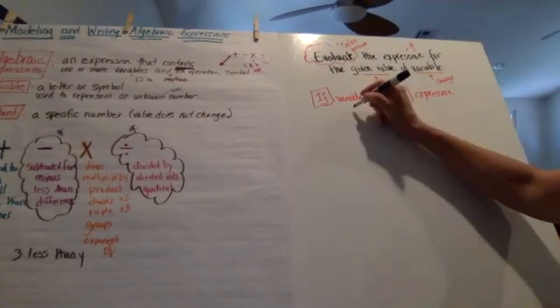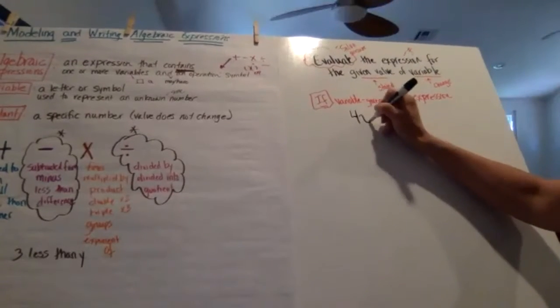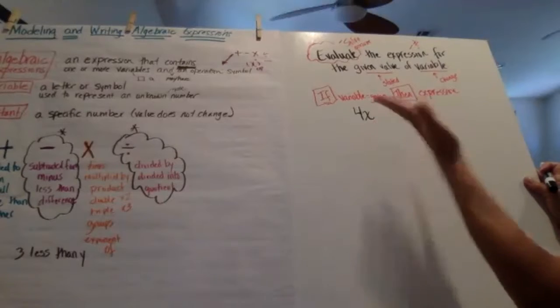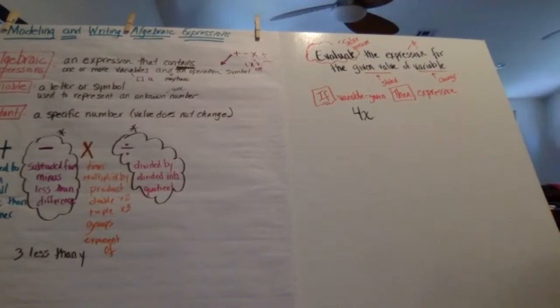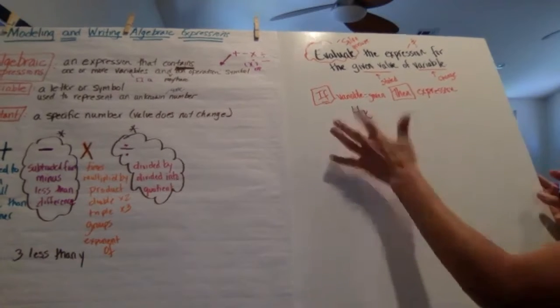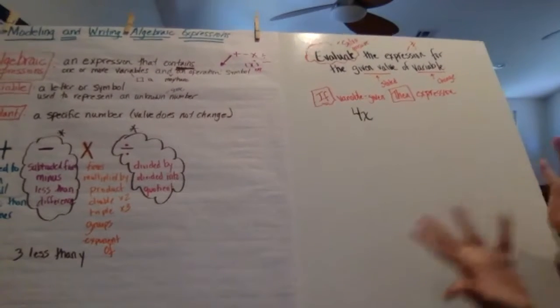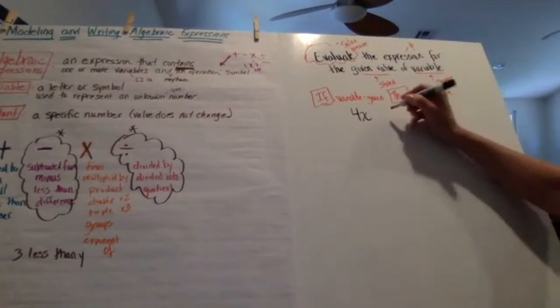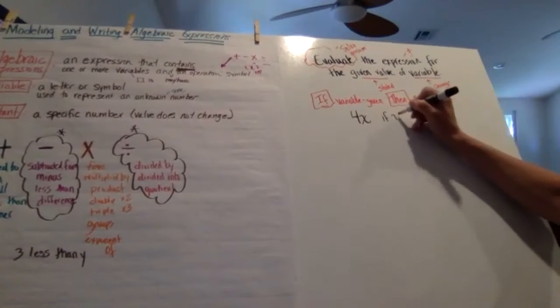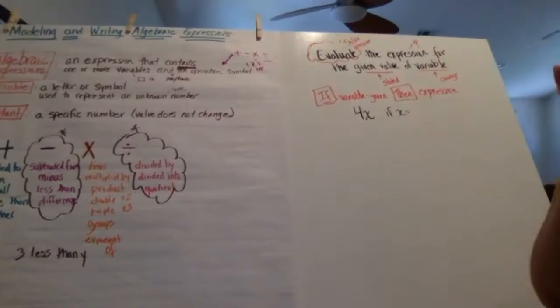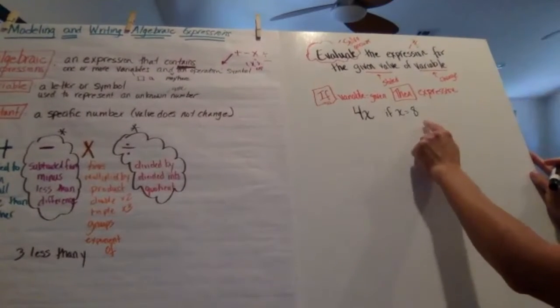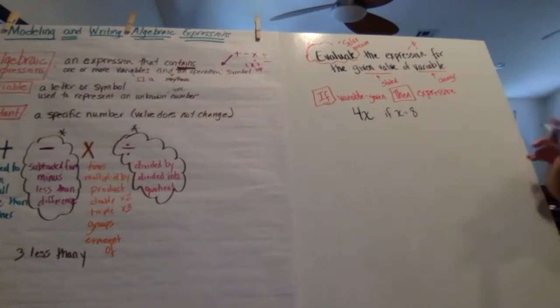So if I had something like 4x, well, x could be a lot of different things. It could be whole numbers, it could be negative numbers, it could be decimals, it could be fractions, it could be a lot of different things. I don't know anymore. But if you tell me x is equal to 8, so if x is equal to 8, then